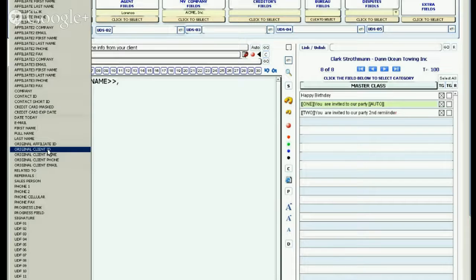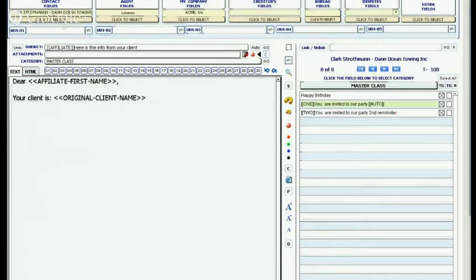You can create very easily a link for the portal and use this original client ID. In other words, this is the client ID that is at the bottom. If you have 3 levels of affiliates, 1, 2, and 3, you can use the same original client ID, because it's kind of an absolute ID related to that. In this case, we're going to use the name. Okay, your client name is whatever, and then we can create